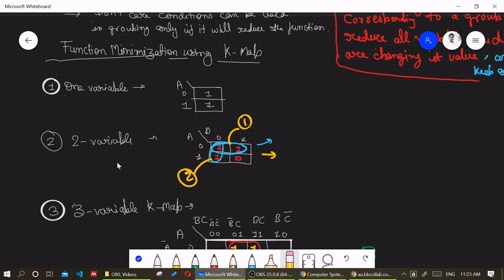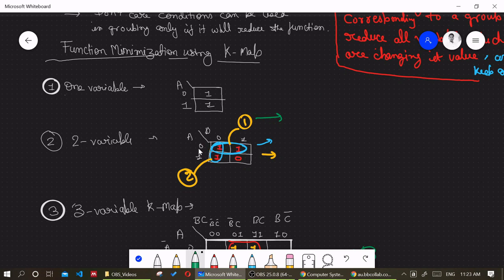Now let's see this two variable k-map. Suppose this is your k-map, with 1 1 1 0. So there are two pairs possible, first pair and second pair. So let's write the expression corresponding to the first pair. When you write the corresponding equation for this first pair, you have to assume which variable is changing.